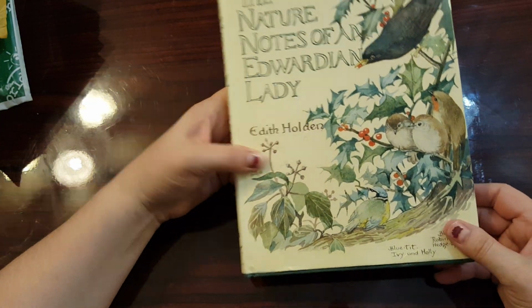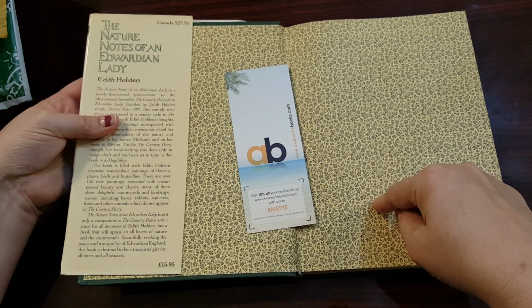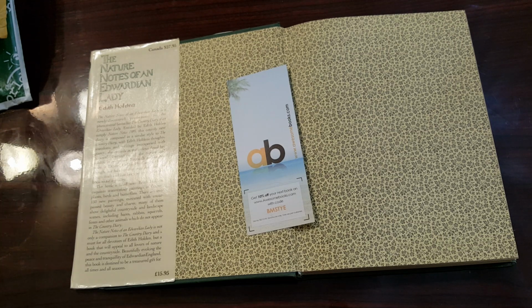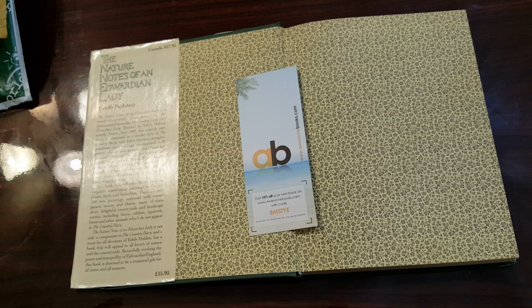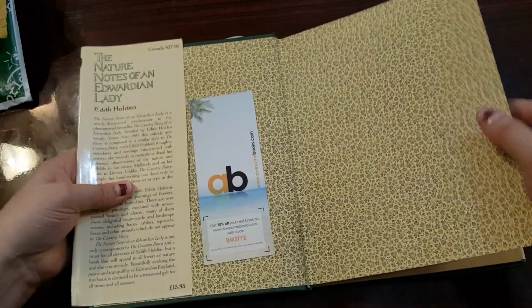Okay. Here is another one. This is the nature notes. So this is like the second one I showed you. Has a little bookmark. This one came from Canada, I believe. Let's see, I don't know where it came from, but I thought one was coming from the UK. And I see there's Canadian pricing on here. It definitely has the country label, whatever you call those. But I don't see an address of where it came from. But anyway,